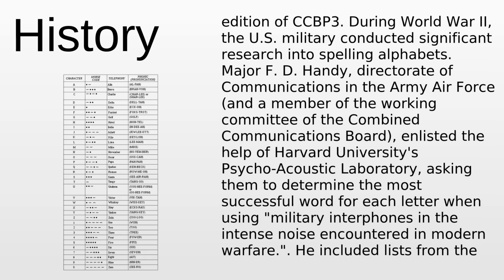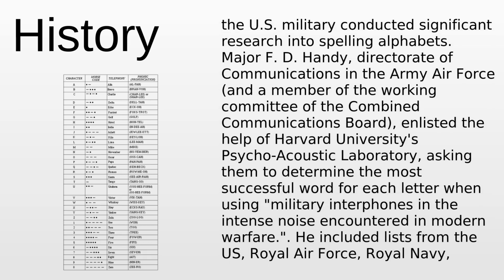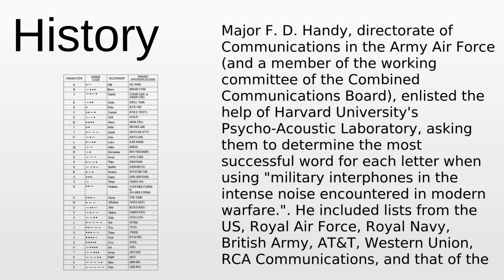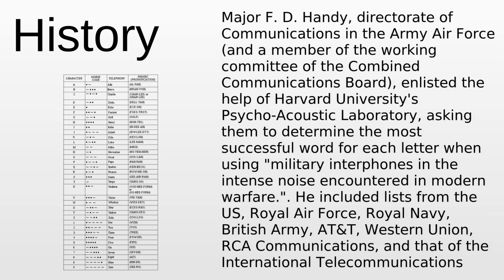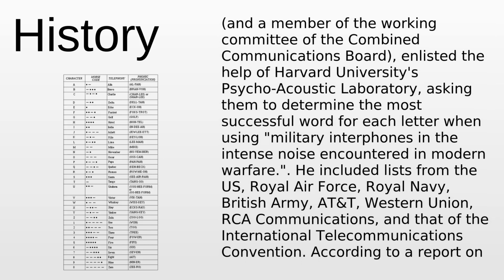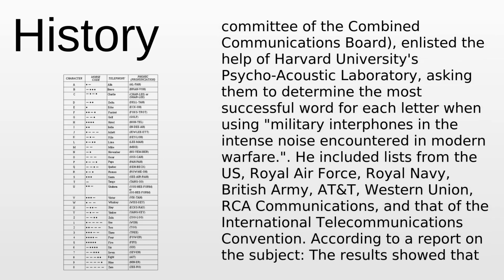During World War II, the U.S. military conducted significant research into speaking alphabets. Major F. D. Handy, Directorate of Communications in the Army Air Force, and a member of the Working Committee of the Combined Communications Board,